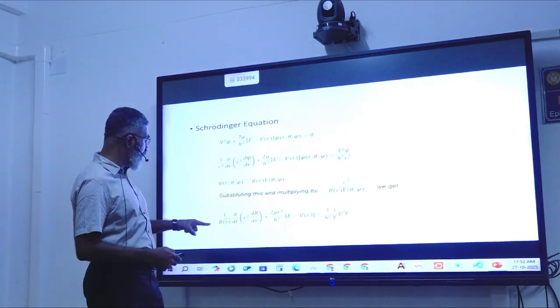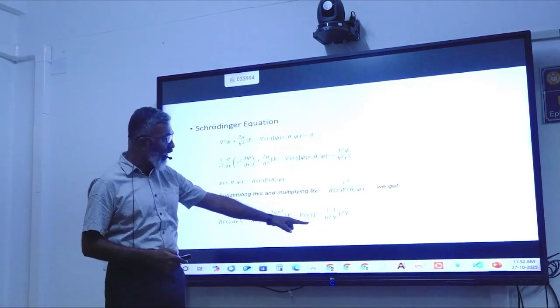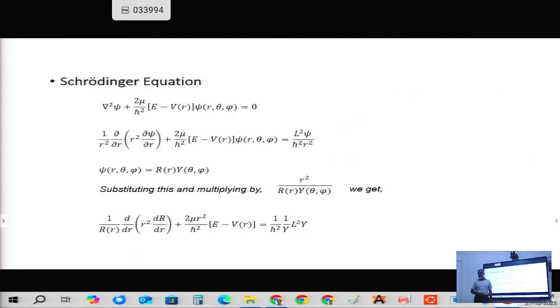If you do that, what you get is a simplified expression where on the left-hand side you will see it contains only r. So this is the method of variable separable. The idea is to separate the r onto the left-hand side and the Y, which contains theta and phi, onto the right-hand side. So now if you look at it, the LHS is having only R, and the right-hand side is having theta and phi. And R, theta, and phi are linearly independent, they don't depend on each other. If you have one side only of R and the other side of theta and phi, and since R and theta are not dependent on each other,